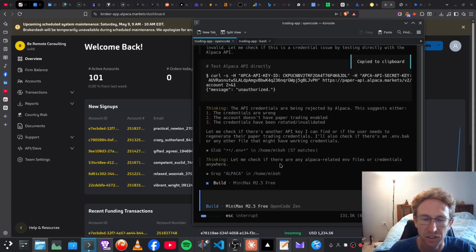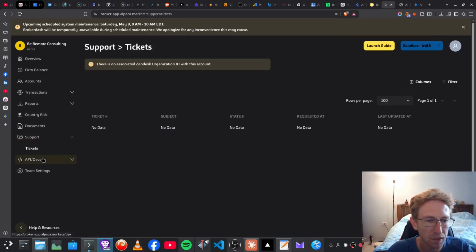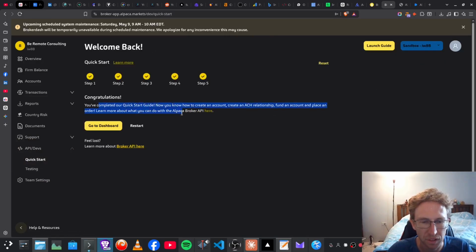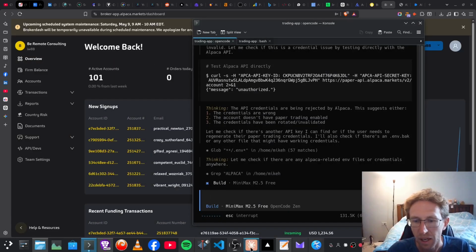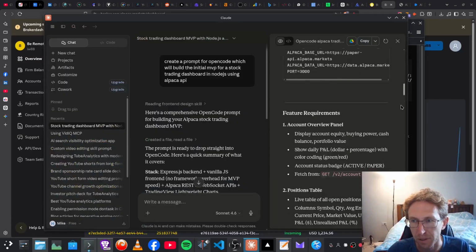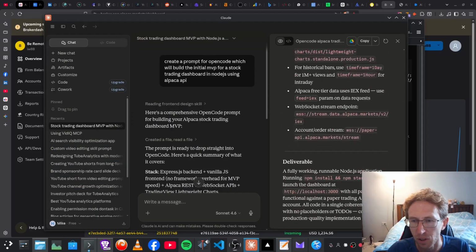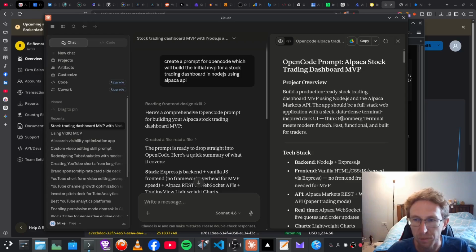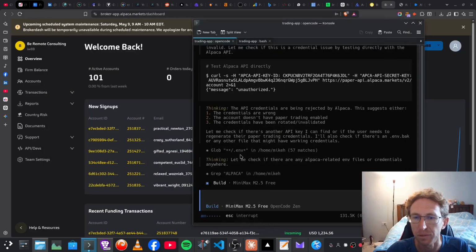Obviously this is a work in progress. I'm just getting started building this out, and I figured why not make a tutorial while I'm doing it to share this as information with others. You can see it's relatively easy to set this up. You just have to go through the quick start guide over here, create your API key, and then start building. I would recommend creating a very detailed prompt inside something like Claude to start, because it's just going to give you a much better result right from the get-go,